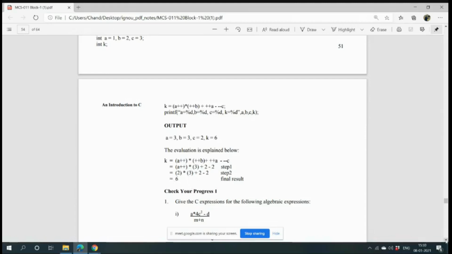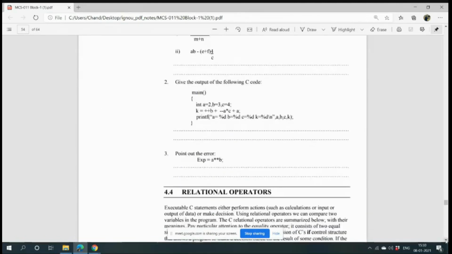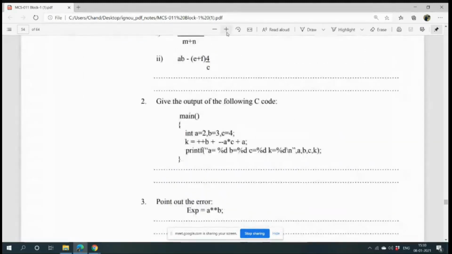Now you can do this one. Do this and tell me what the answer will be. Right to left, as PT has said, right to left. So do it in that way. If anyone is done, wait for some minutes. Yes, tell me. Ma'am, there are 2 questions. Yes, do the number 2 work.